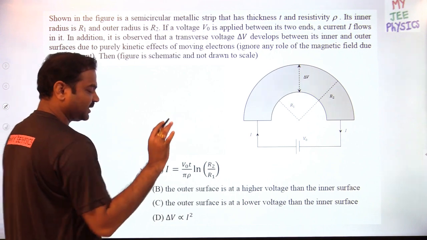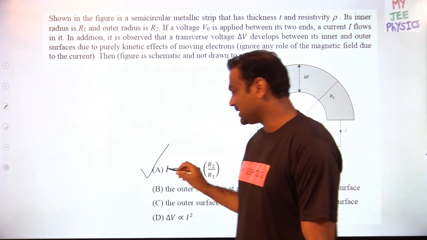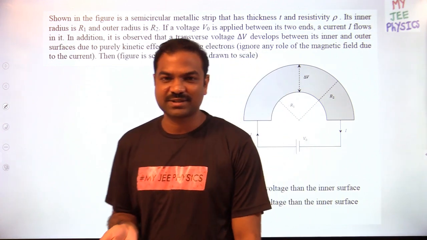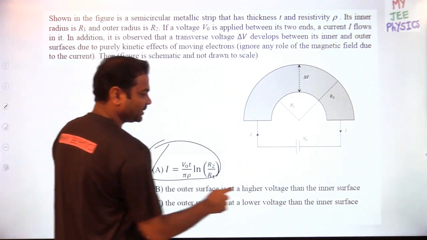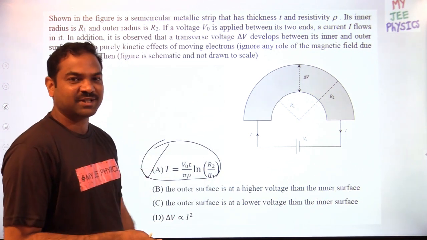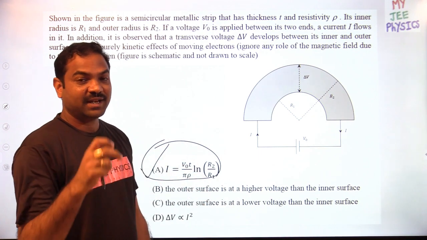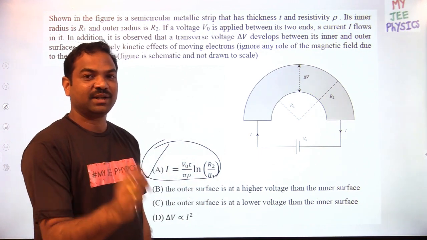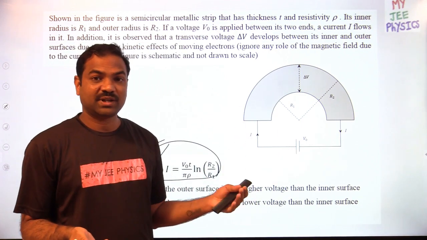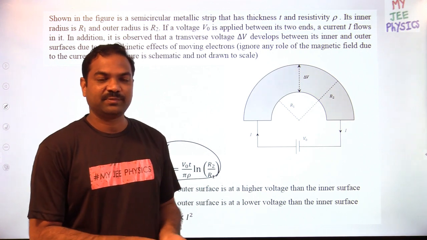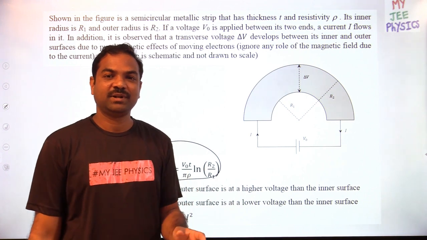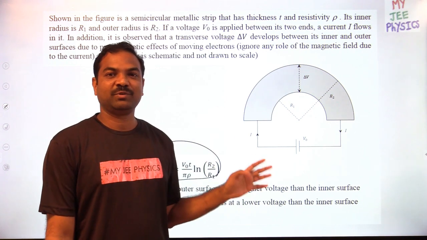See, option A is a common option. I am not saying that A is the correct option. First we solve it. I am saying that A is a common option to find out the resistance. But here they have shown the taste of the IIT question paper. Options B, C and D are beautifully designed. They are really testing your minute understanding of the question, because we don't come across this type of question even in practice, even in textbooks. It all depends on how sensible you are in thinking with your concept. That only will decide whether you are able to solve the question or not.